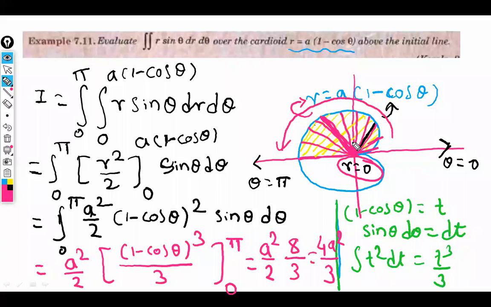And then we integrated this part only. Sir, I could not understand how sin. Minus cos theta का डेरिवेटिव क्या होता है? Sin theta. That is तो लिखा है, वही तो लिखा है. Differentiated both side.